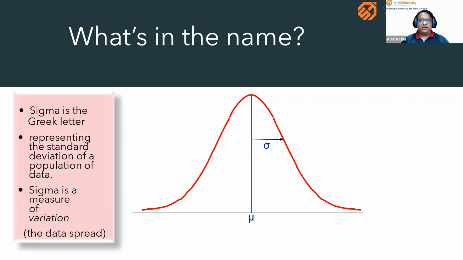Standard deviation is calculated by equations, which I'll take you through later. When we look at sigma as a measure, it represents the standard deviation of a population of data. We are looking into the spread of the data using sigma. The mu that you're seeing here is the average, or the mean of the data. Sigma is used for the standard deviation. So in Six Sigma, sigma represents the standard deviation of the data or the process, measuring the variation of a process. So sigma represents variation, and the unit of measurement of variation is standard